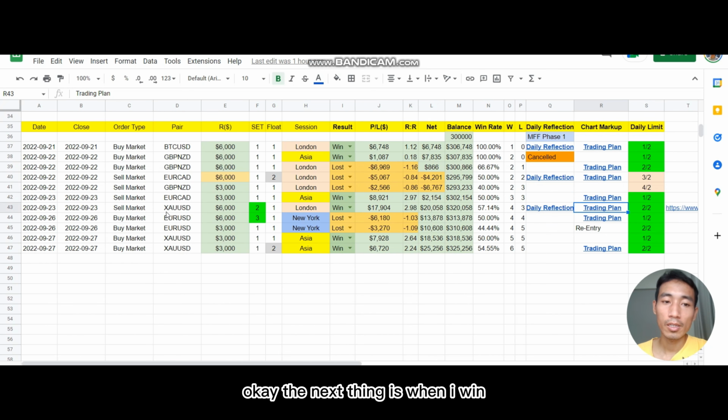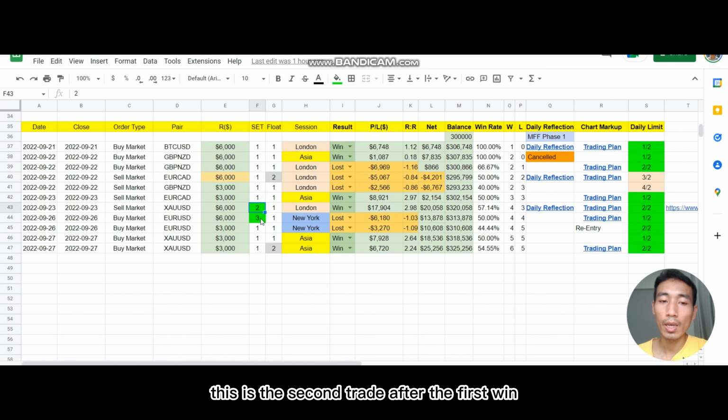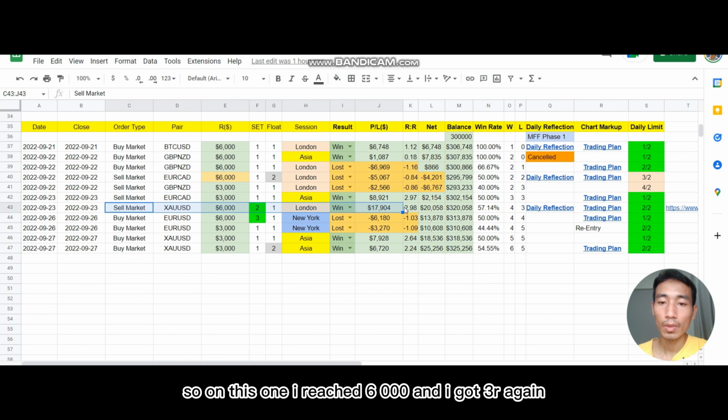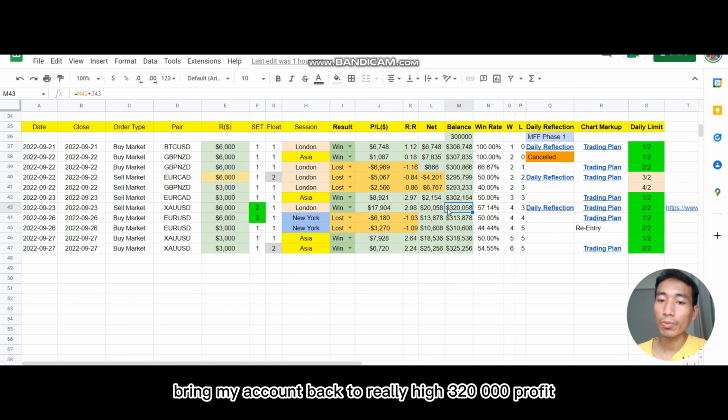Okay, the next thing is when I win. Now look at this. When I win this trade, I resume my risk. I upgrade my risk to 6 grand again, which is my standard risk. This is the second trade after the first win, and this is the third trade after the second win, 2 winning in a row. So on this one, I risked 6,000 and I got 3R again. Brought my account back to really high,